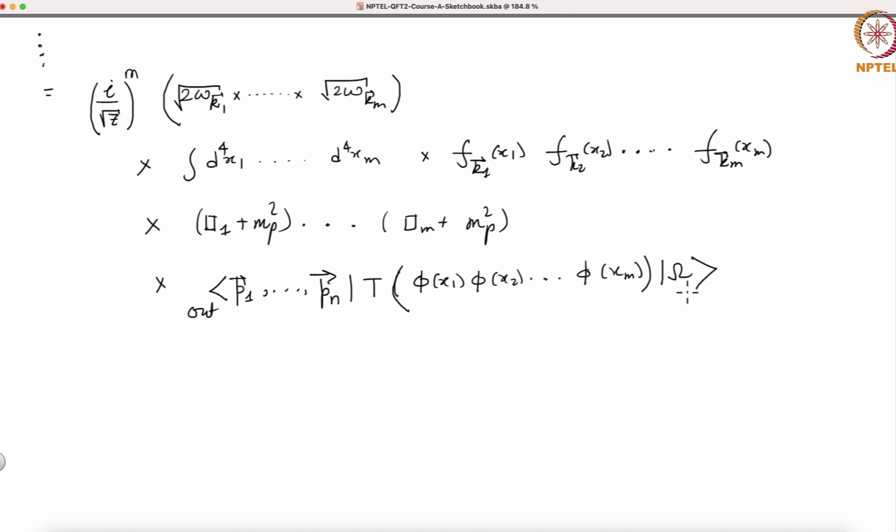We have gotten rid of the entire in state, and we have replaced it by the vacuum. Now, if we should do the same thing to the out state,